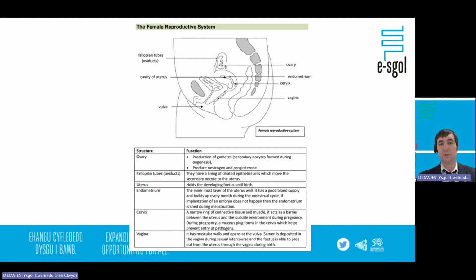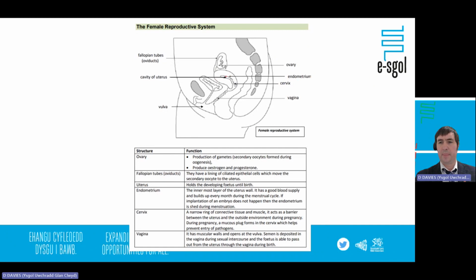Okay, so the uterus is what we're calling it these days. So the uterus is the womb. It's basically where the embryo will implant and where the fetus grows. The lining of the uterus is called the endometrium. Some of you may have heard about endometriosis. That's a condition where the endometrium